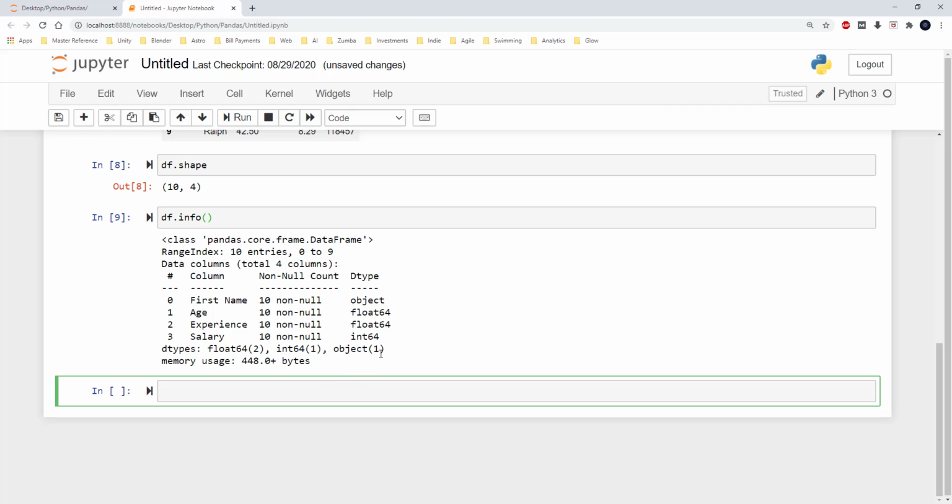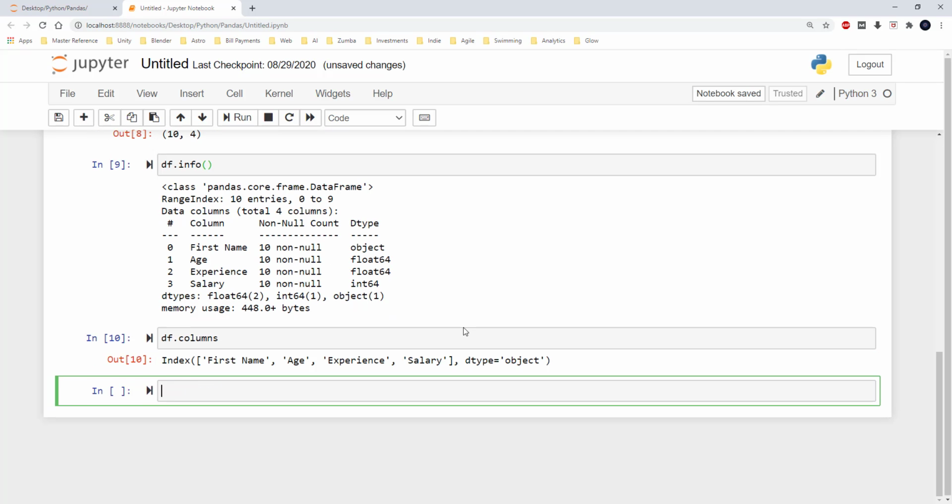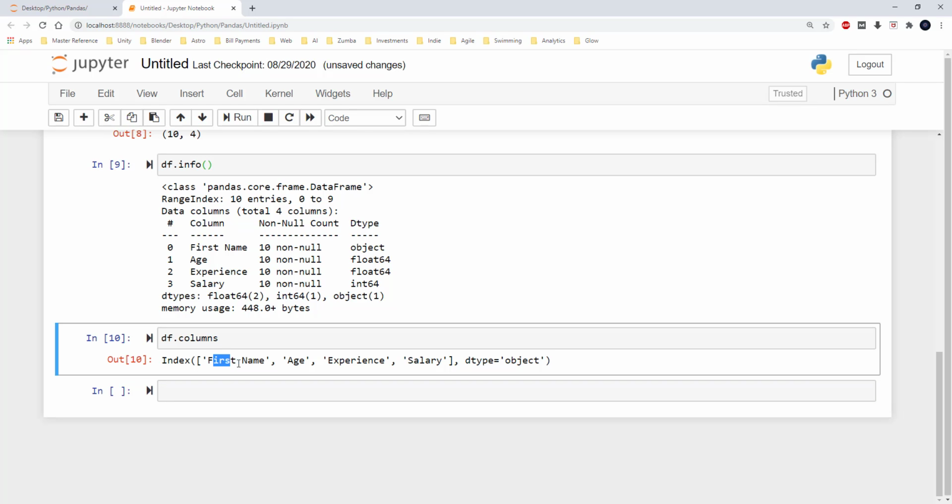If I wanted to get specific information about the columns of the data frame, then I can use the attribute df.columns. So here it shows that these are the columns where first name, age, experience and salary are present, and all of them are of data type object.